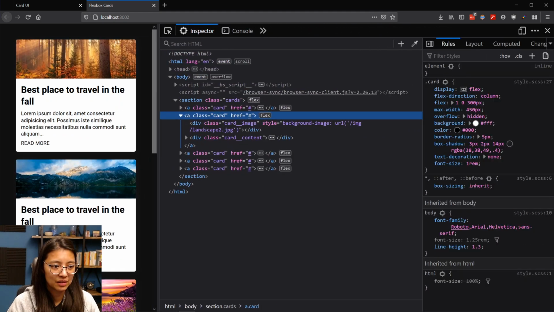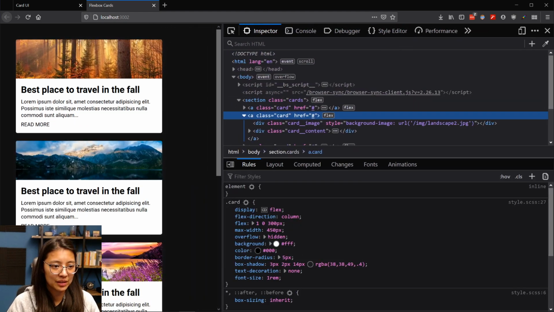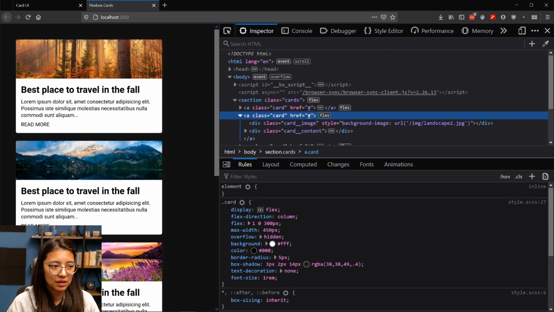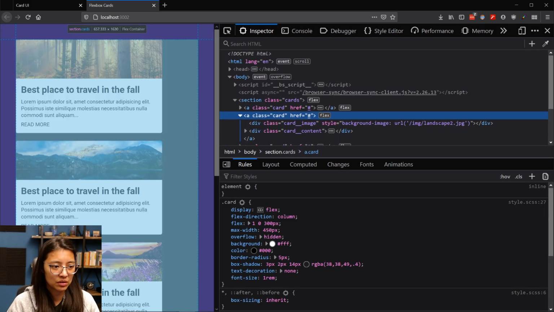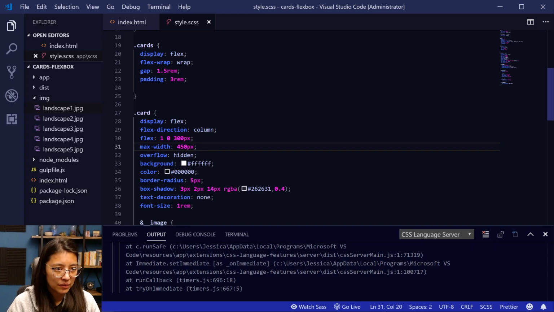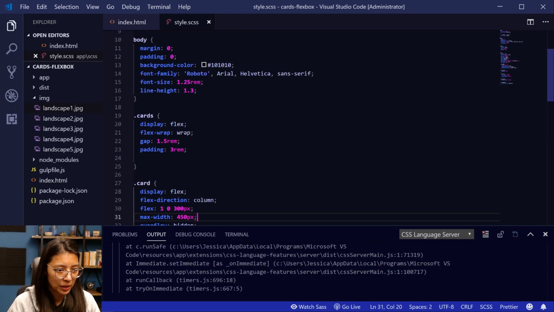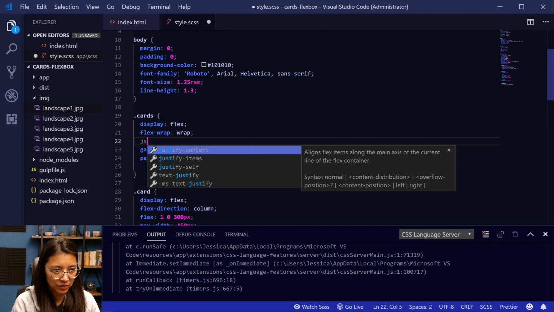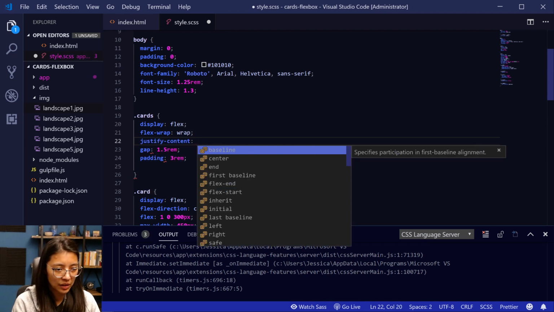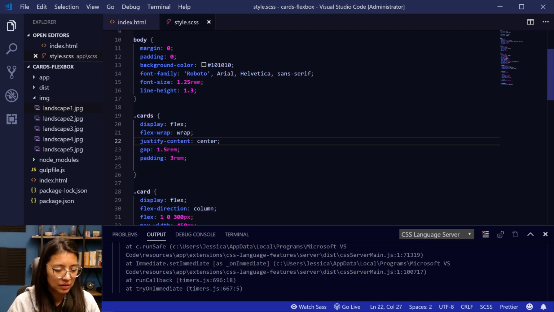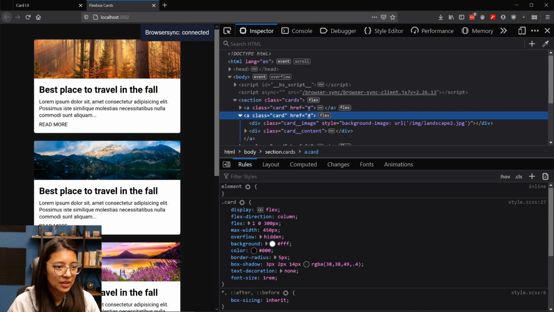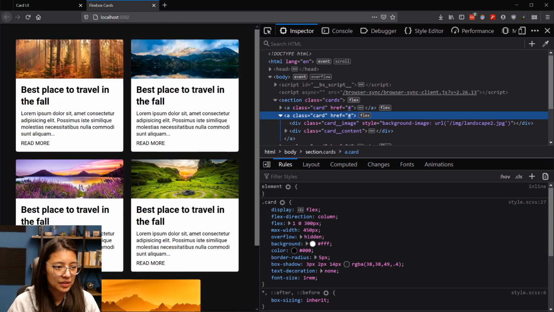So now, this is happening because of this. So to fix this sort of gap here, I'm going to center the cards. So I can do that in the cards parent. I will say justify content center. Okay, so now it's centered. So you can see as I change,